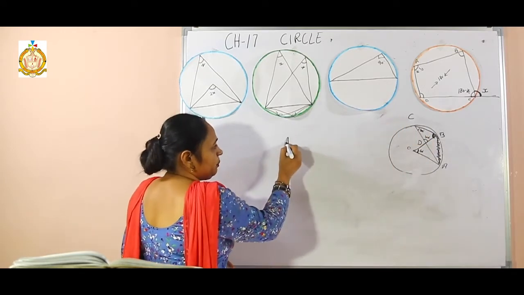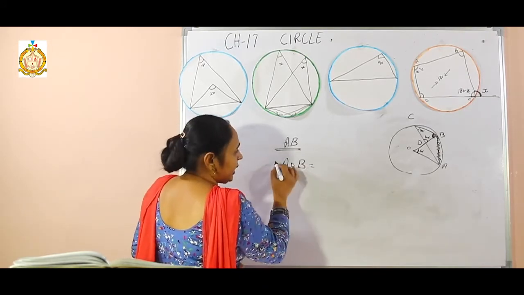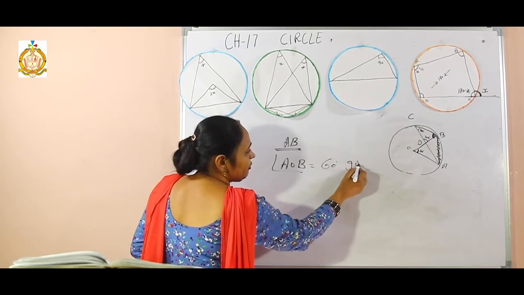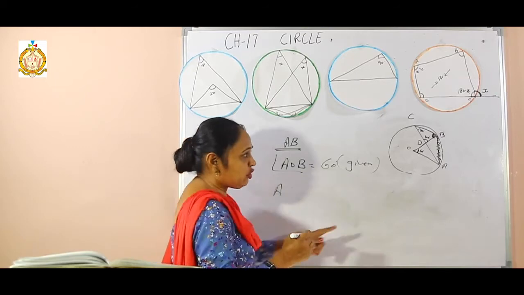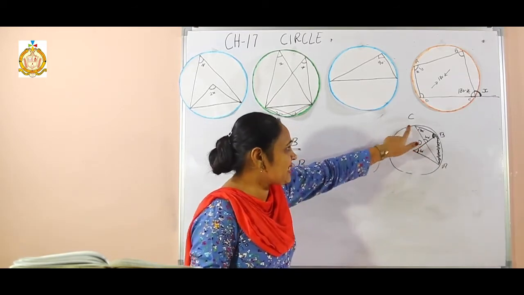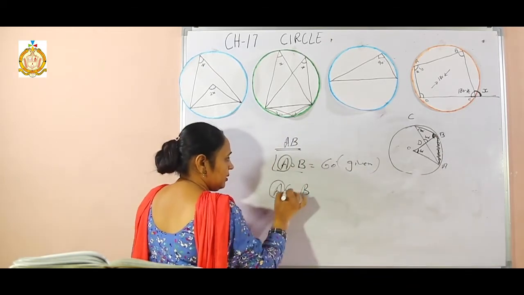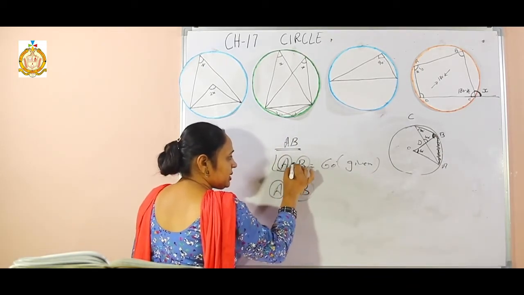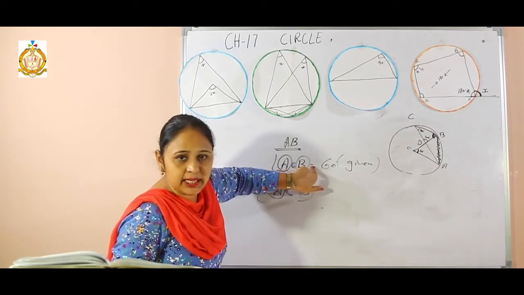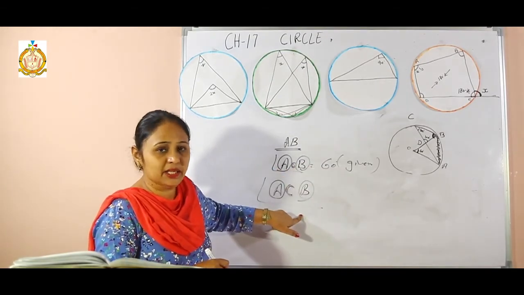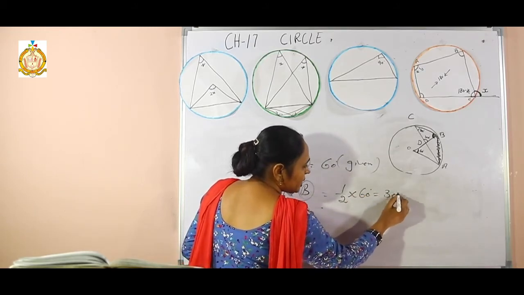See, on base AB, one angle AOB is given as 60 degrees, that is the given point. Next, start from A, go to point C and again to B. See, here A, here B. This is the center point, this is the point on the circumference. That means the angle at the center is double the angle at the circumference. It will be half, and the angle becomes 30 degrees.